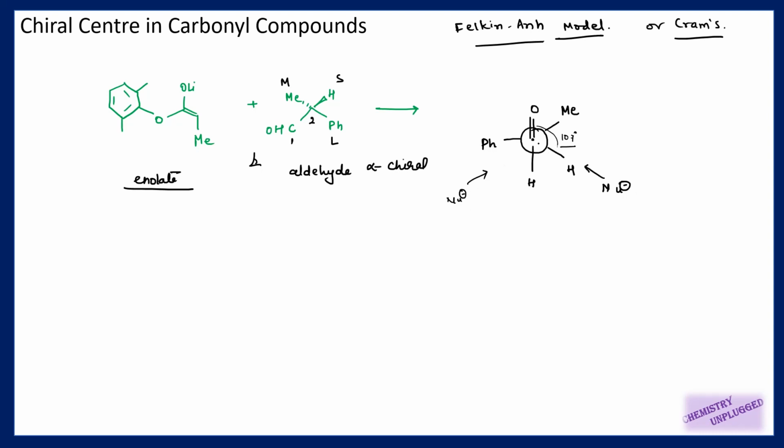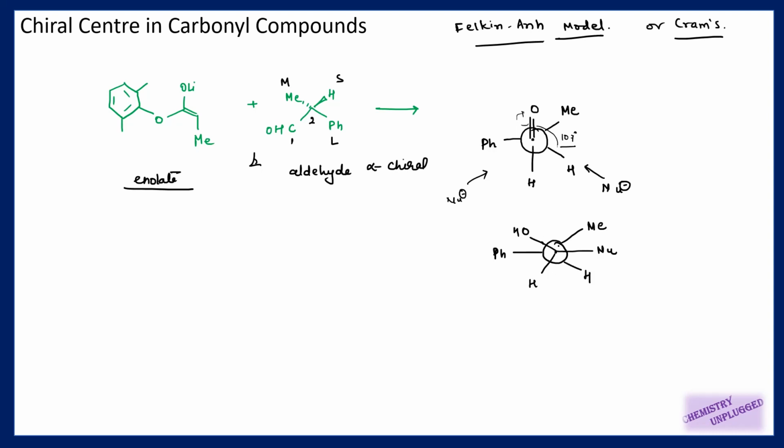So when it attacks here, it will attach to this carbon, and this bond will shift here, right? It will form OH. So we can also write it like this. We will place this phenyl as such, and this nucleophile will attach on this carbon. It is just anti to this one. These two groups will be on our side. This OH will go like this. It is attached to this carbon, and this methyl, which is attached to the second carbon, will be placed like this. And here I have one proton. This one is second.